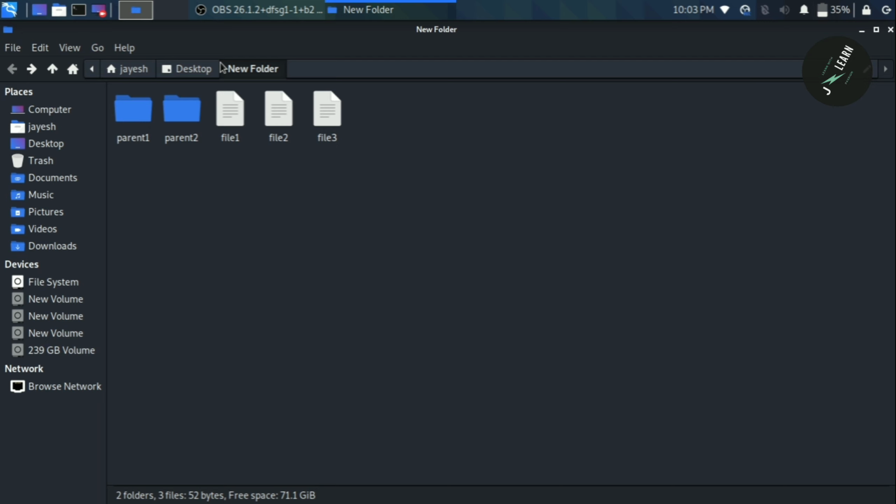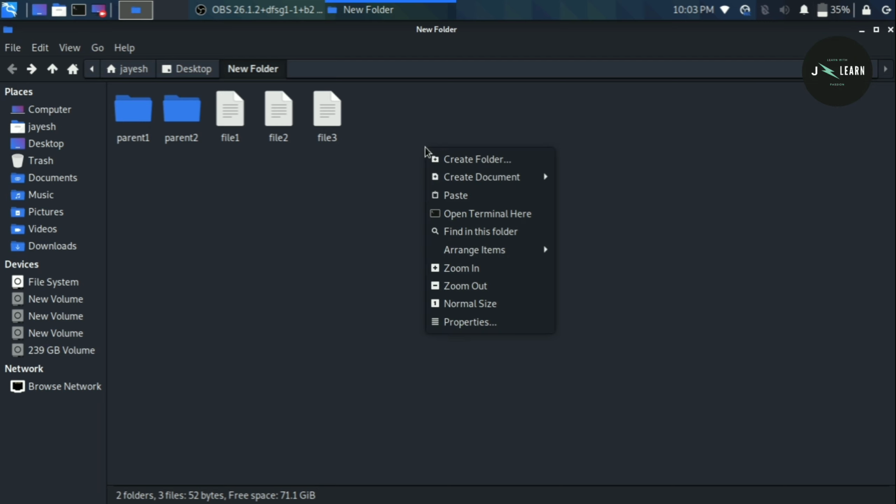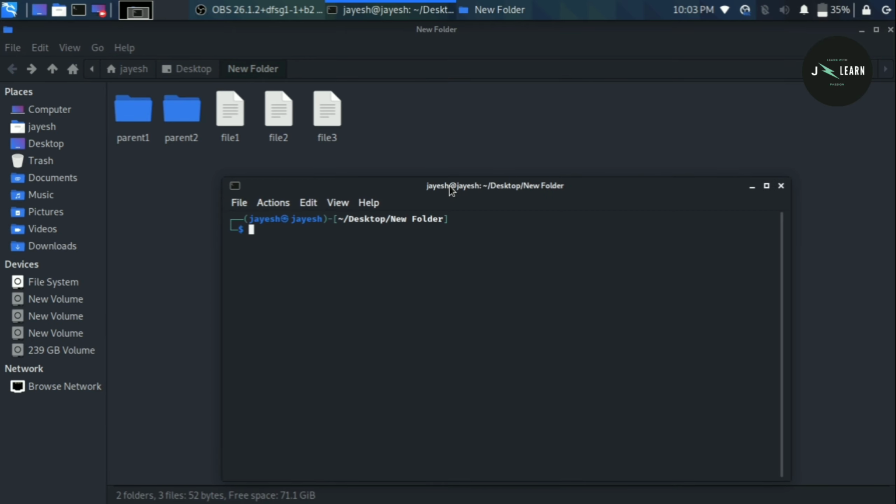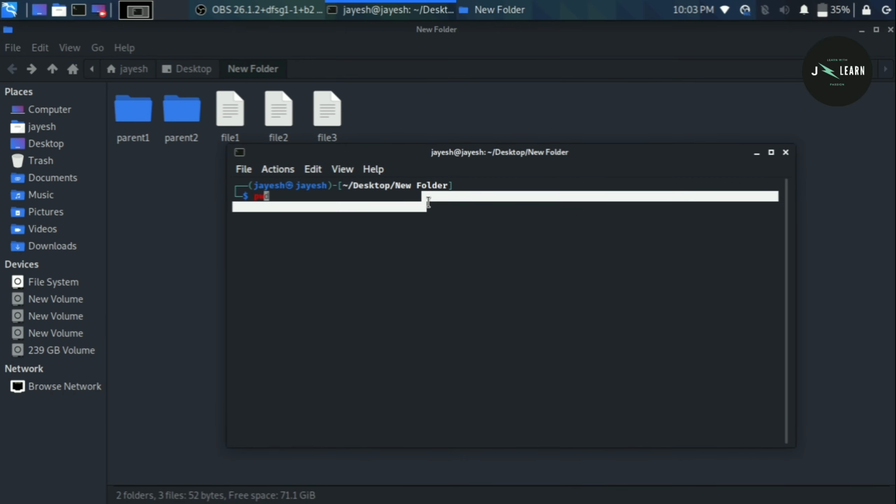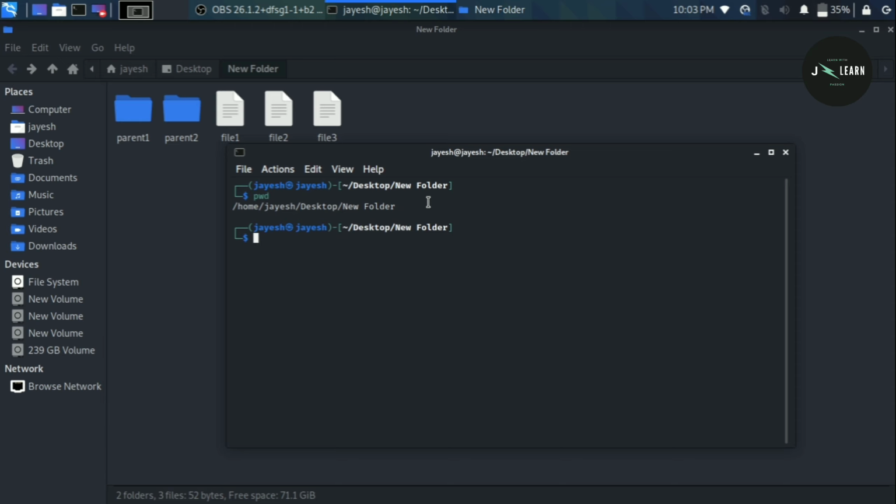Our next command is pwd. pwd stands for present working directory. Let's open our terminal and we will type pwd and it will show you new folder, which is nothing but our current folder in which we have opened